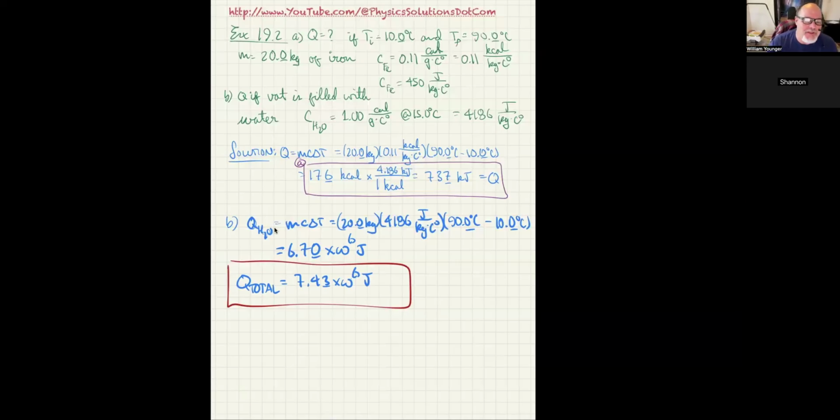Yes. Conceptual example 19.3 says a very hot frying pan. It says you accidentally make a bad mistake by letting an empty iron frying pan get very hot on the 200 degree Celsius stove. What happens when you dunk it into a few inches of cool water in the bottom of the sink? Well, it cracks. Will the final temperature be midway between the initial temperatures of the water and the pan? Will the water start boiling? Assume the mass of the water is roughly the same as the mass of the frying pan.